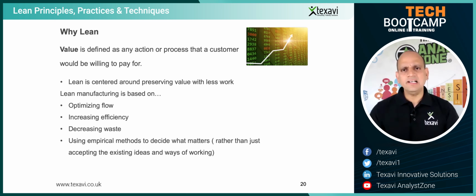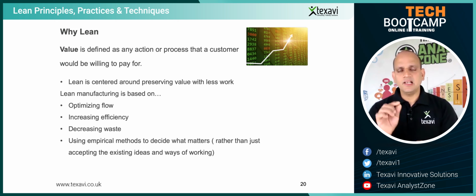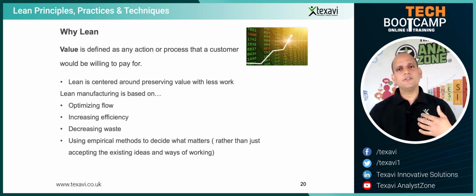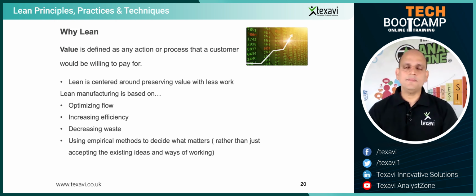And when you talk about lean, it's focused on delivering and preserving that value with less work. It's about efficiency. It's not about putting thousands of people to work and delivering one small piece of a feature. It's about how you can deliver 100 features with a lean team. That's where people are going towards DevOps. People are going to Agile, all these kinds of setups that we have with teams now.